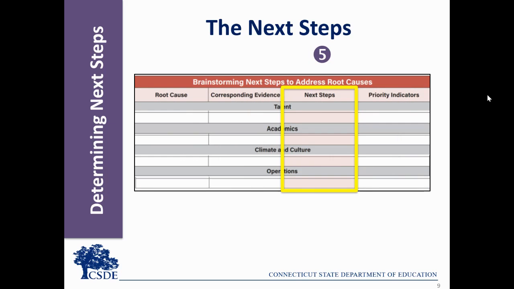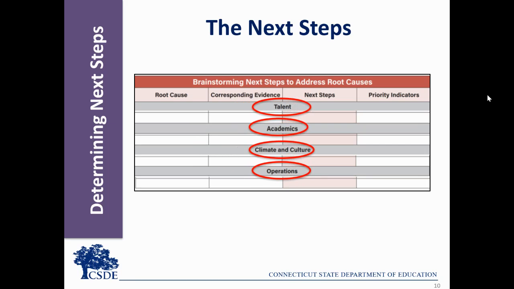Consider how you might leverage the strengths of the school or district to address the needs and maximize the impact for improvement. You will note that we have included the categories for sorting the needs and root causes for your organization. When professional learning, additional personnel, or additional collaboration time are needed, these root causes will go under talent. Academics addresses needs such as curriculum and resources for teaching and instruction. Climate and culture might include the need for PBIS, addressing chronic absenteeism, or family engagement. Operations addresses challenges such as scheduling to provide time for teacher collaboration and additional minutes in math or extended school day to meet the needs of students.